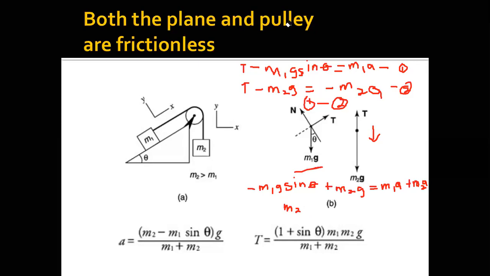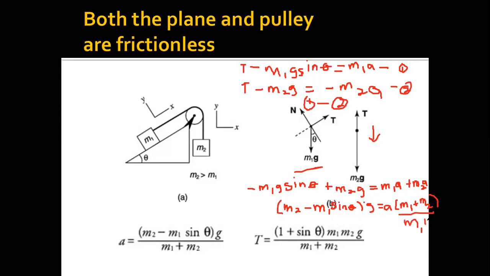That will be M2 minus M1 sine theta, then I factorize G out. So that will be G here, is equal to, I'm factorizing A out, so that is M1 plus M2. Okay, good. So if we divide both sides by M1 plus M2,